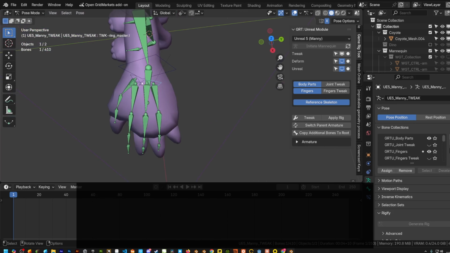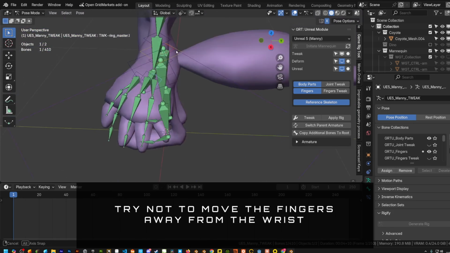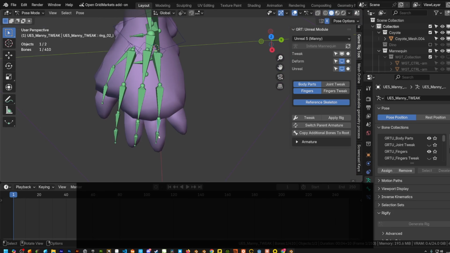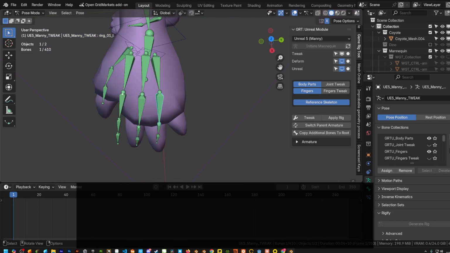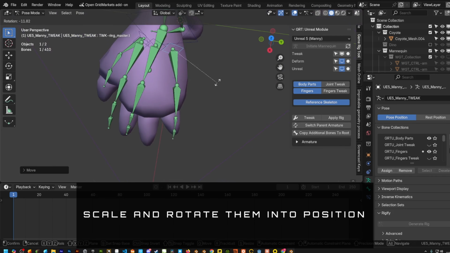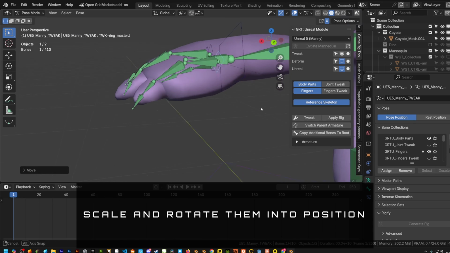Generally, you don't want to move these away from the wrist. If need be, you want to scale them up. A good thing to think about here is that there's 4 bones here, but your finger really only has 3 bones. That's because this is the bone that's inside your hand. So this is actually the knuckle here. These are the knuckles. So you want to just keep that in mind when you position these, and you just want to move them. You can be a little bit rough with it, but generally you just want to make sure that